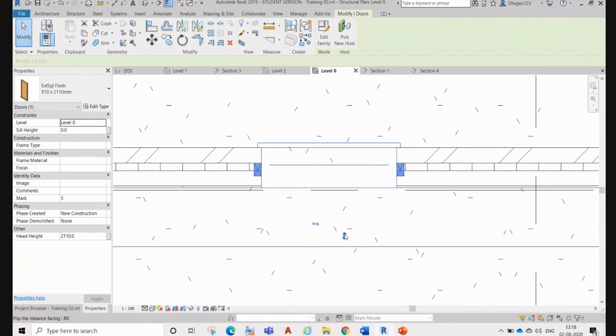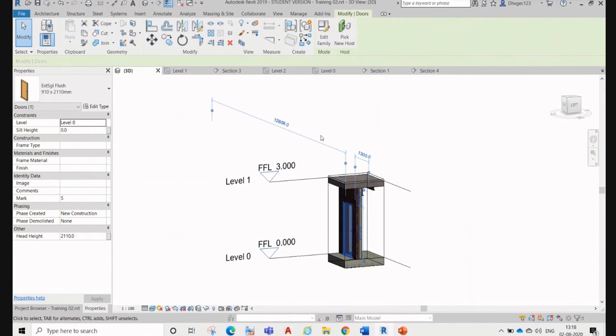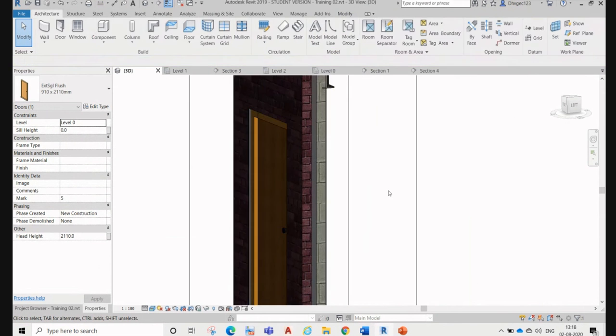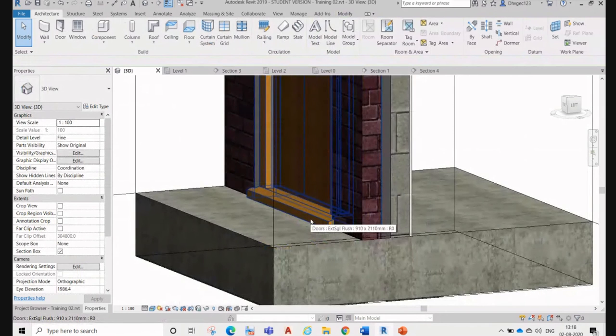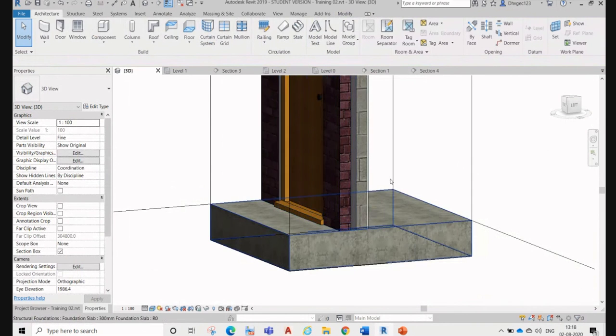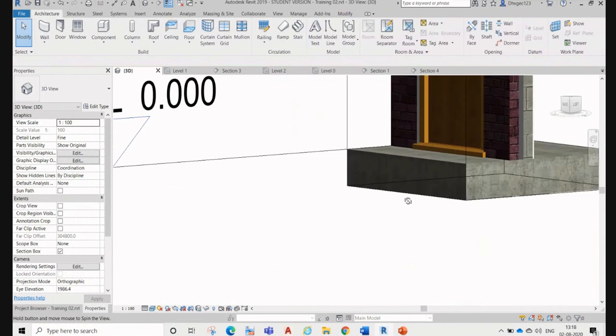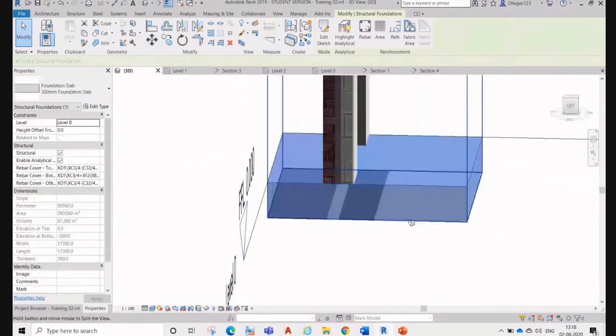Now we have this one, so here you can see that we can change the frame location, finish frame location. If I go to this one, okay, so right now it is the finish floor, finish level is that side, and this is the internal side.